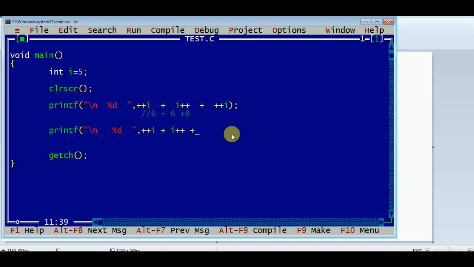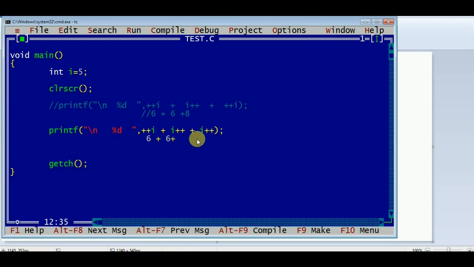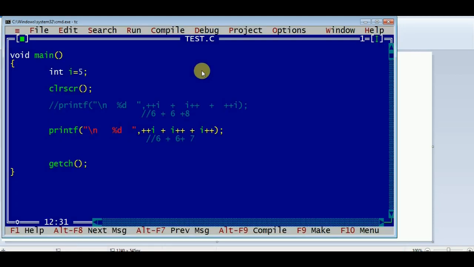Okay, this is called register evaluation. First it gives a priority, as priority it performs the evaluations. When it comes to the stack evaluation, what is stack evaluation? Same expression. If I write like this, printf of, now I want to execute %d within the printf statement, then it is called stack evaluation.